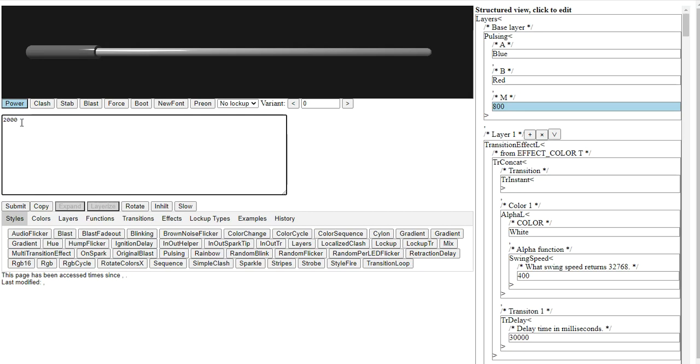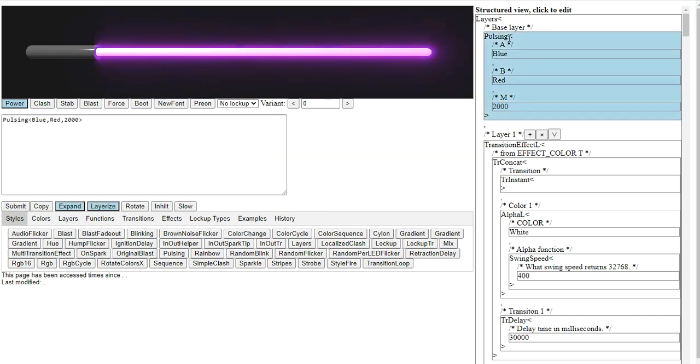Hit submit. Again, anytime you do numbers, you do them over here, hit submit. Let's see what that looks like. All right, I don't want a red and blue pulse. So anywhere, and this is for all of the editor, ProffieOS, whatever, anywhere there's a color, you can add a